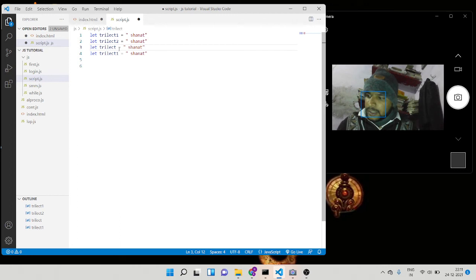I create the variable, and we can create one variable as an array. Under the array, the variable is not called a variable, it's called an array. Under the array we have not created four variables. I have only created one variable, because an array represents the four variables under the one array.